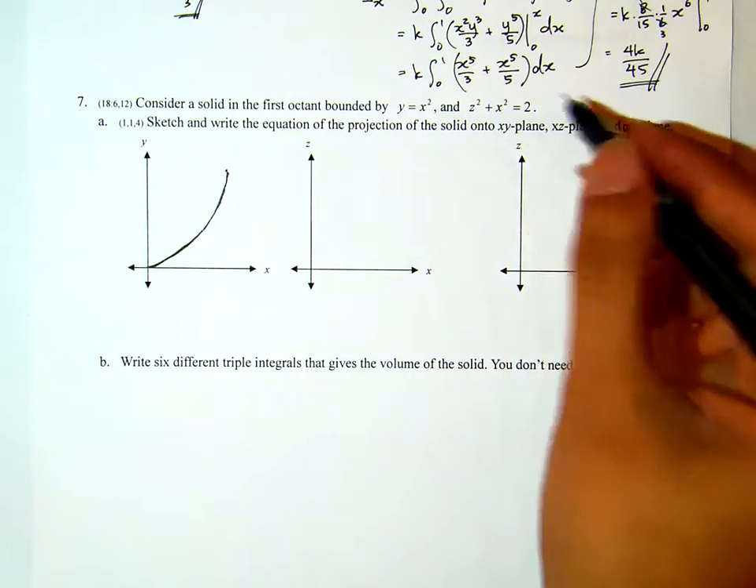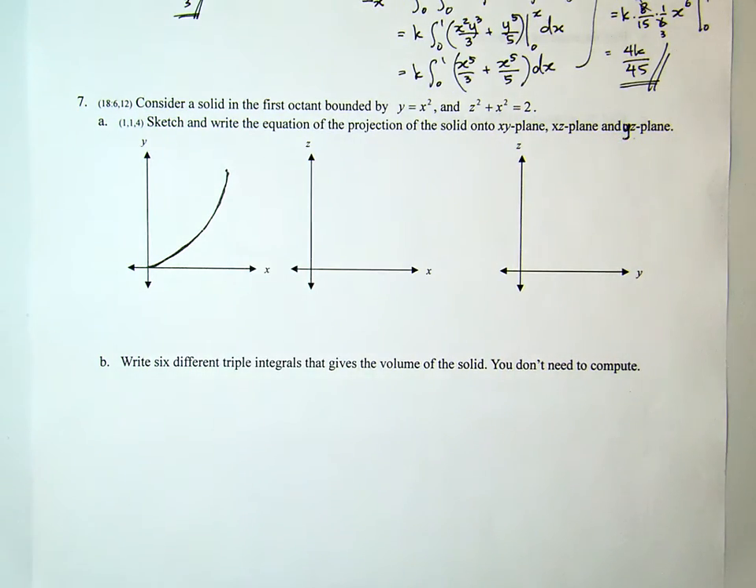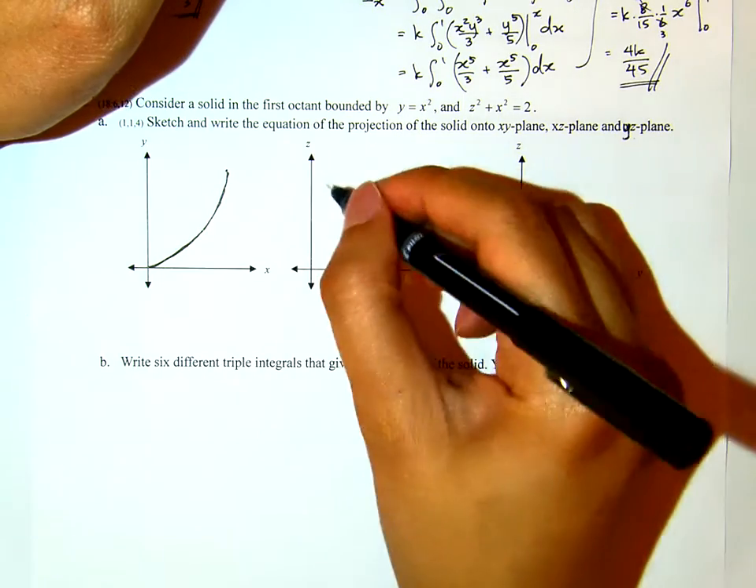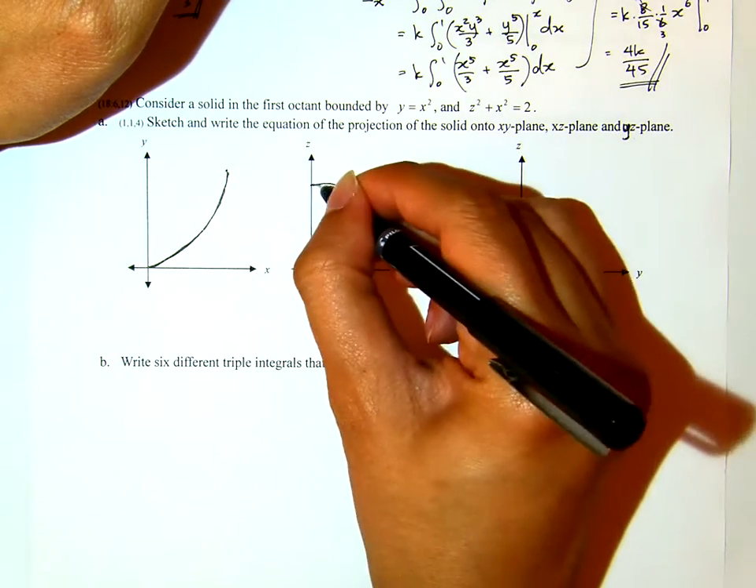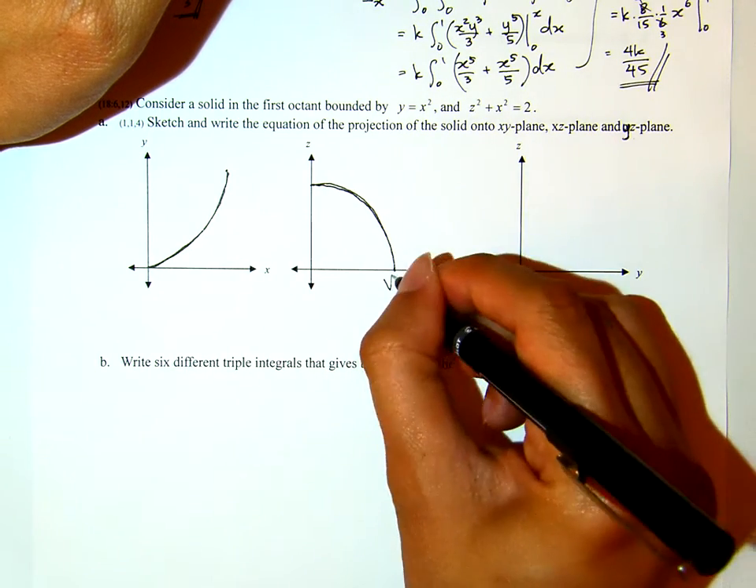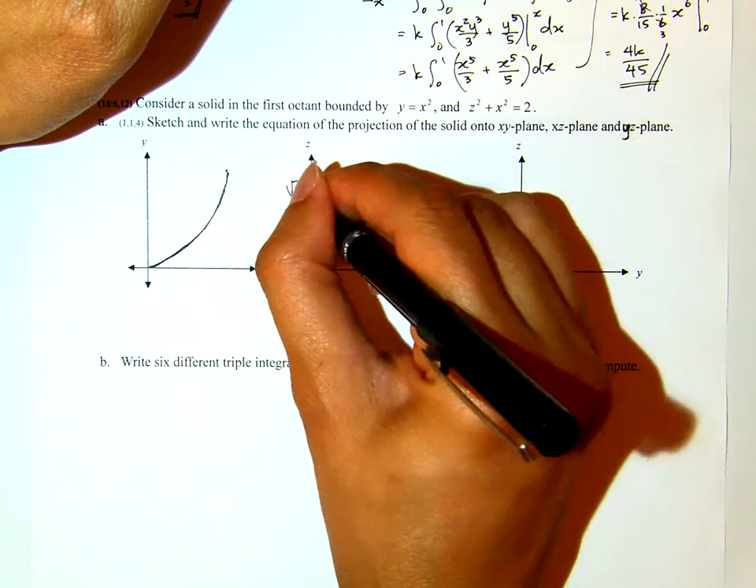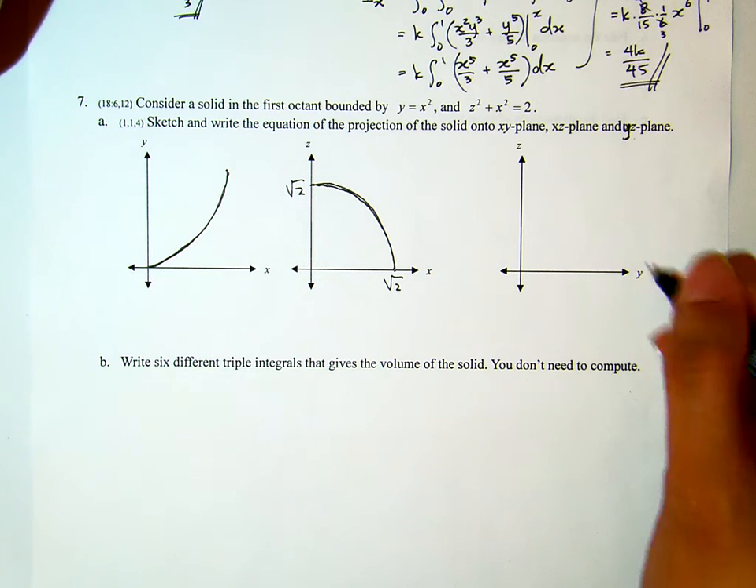For the xz plane, it follows this one, z squared plus x squared equals 2. Now that's actually part of a circle with radius radical 2. Now this is not a perfect nice one. Radical 2 here. Okay, and then on the yz plane,